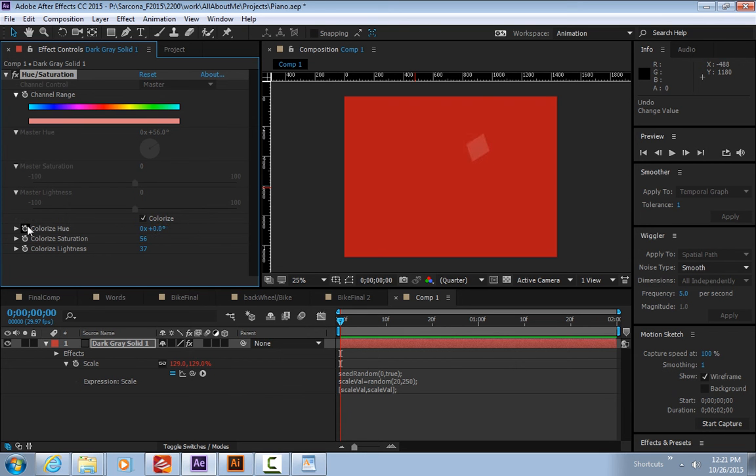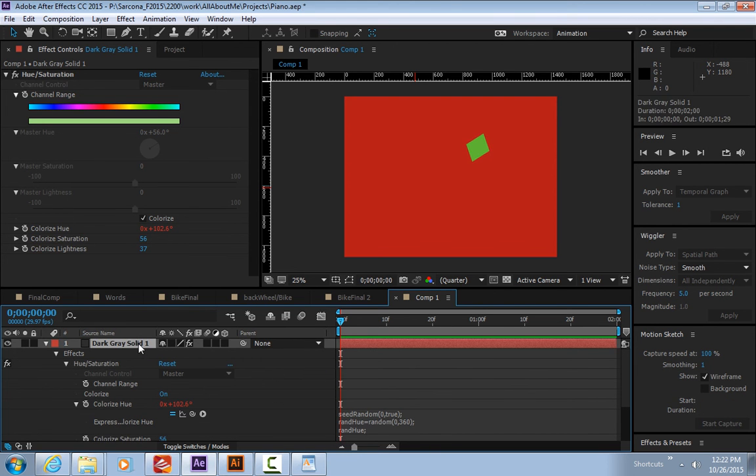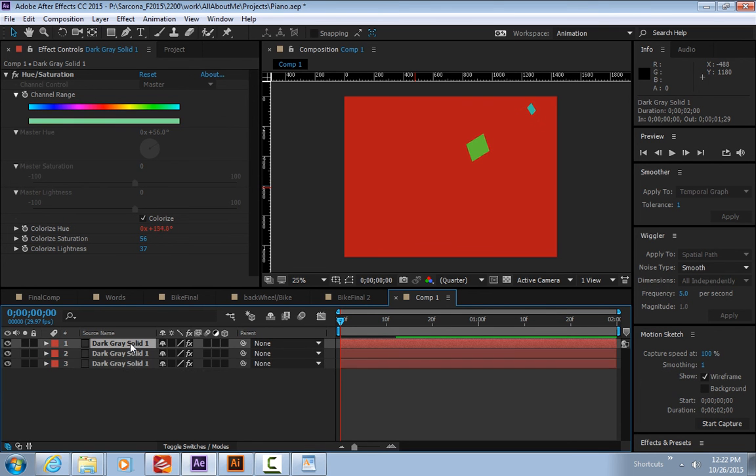Okay. So now if I isolate this attribute, so this is colorize hue, and I alt-click it, and I write my expression on there. Random, 0, true, rand rotation, it's called random hue, equals a random number between 0 and 360. Rand hue, there we go. Okay, so what this is going to do now is it's going to pick a random color, basically. So when I duplicate it,